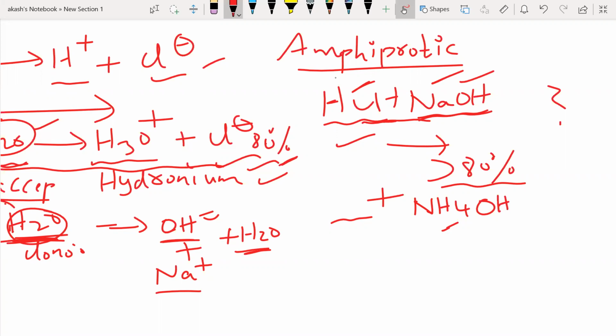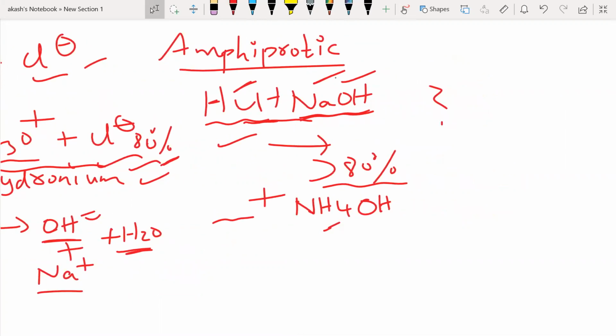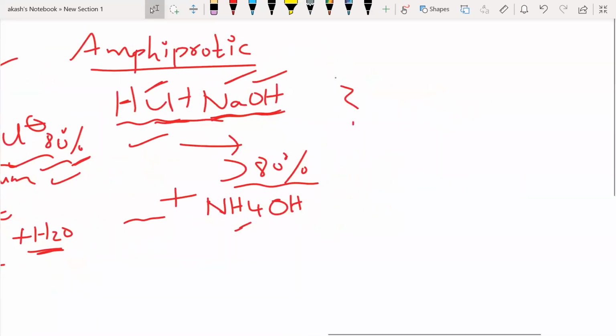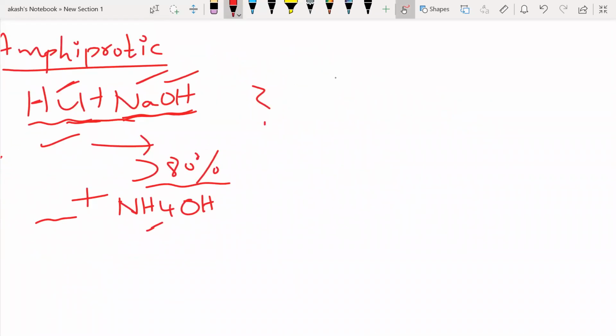Okay, now we'll move on, guys. Now you really understood why water is very important. Now, as we just discussed, water can act as an H plus donor as well as an H plus acceptor. So now, generally, how do we write a reaction if I want to write the dissociation of the water molecule? How do I write it generally? I write it as,